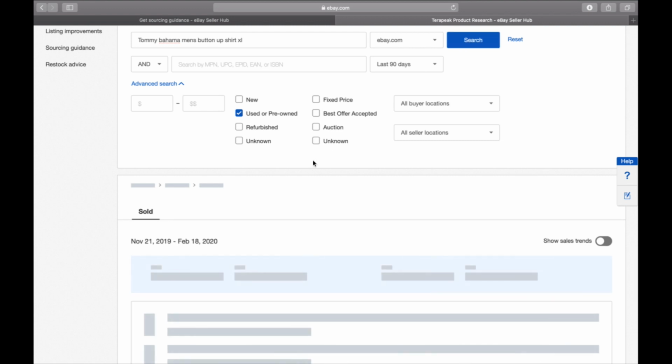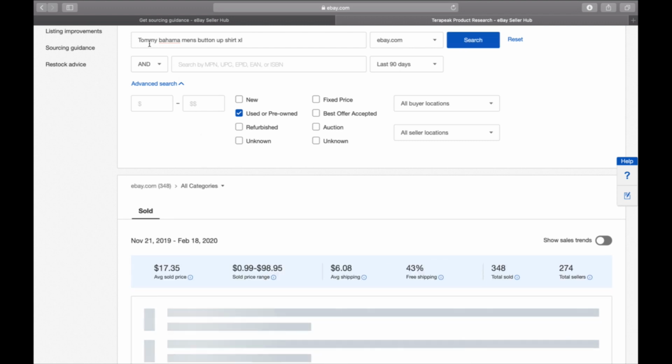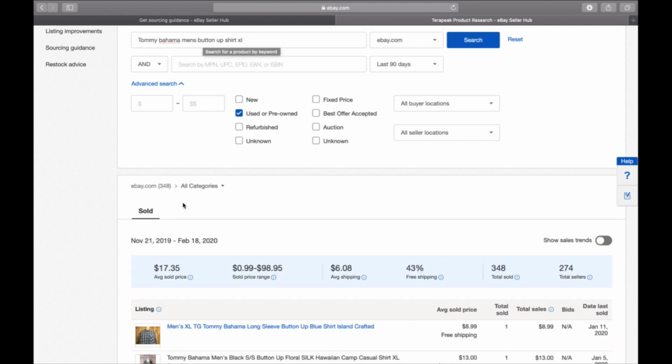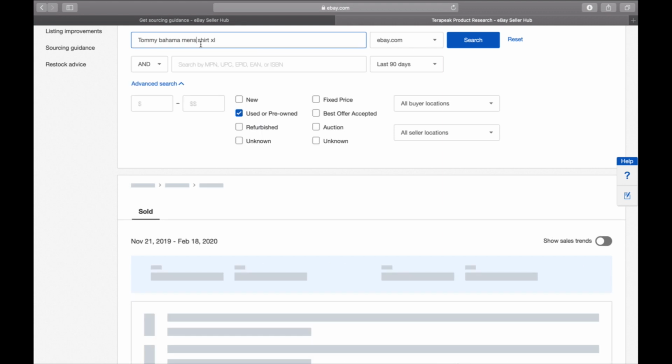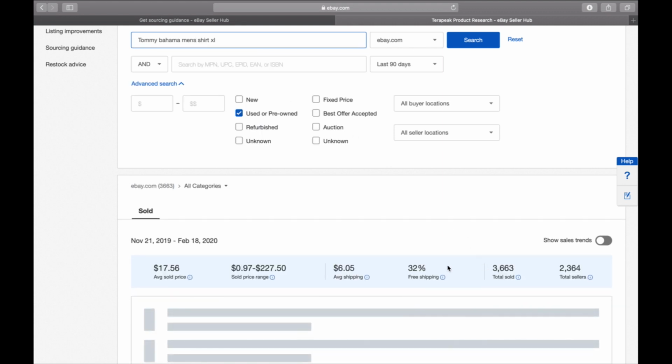So let's go ahead and search that number. And now we find that Tommy Bahama men's button-up shirts are averaging $17.35. Same shipping costs, give or take, same free shipping, a little more free. Total number sold in 90 days is 348 extra large used Tommy Bahama men's button-up shirts. So if we just do men's shirts, we find 3,600 of them, a little less on the free, and about